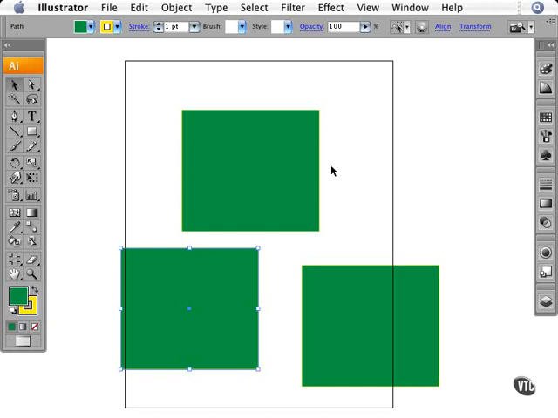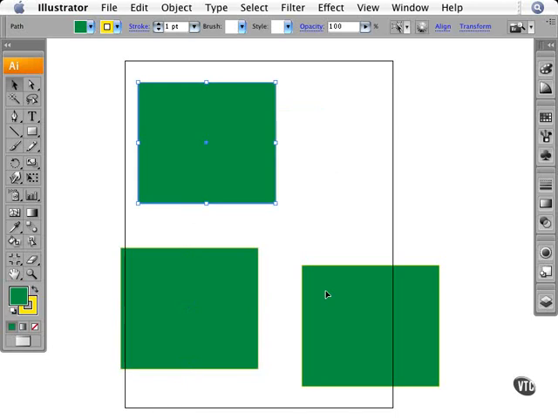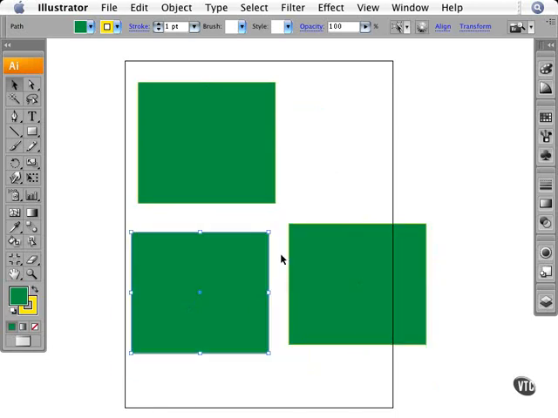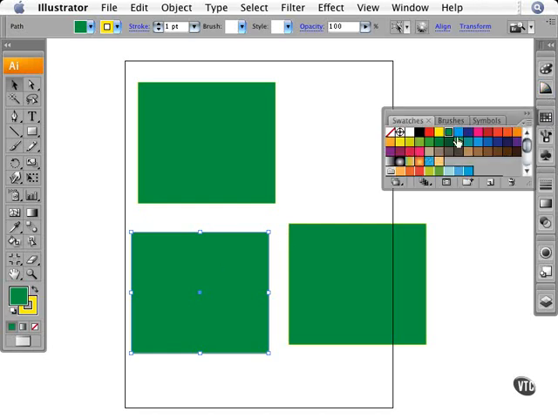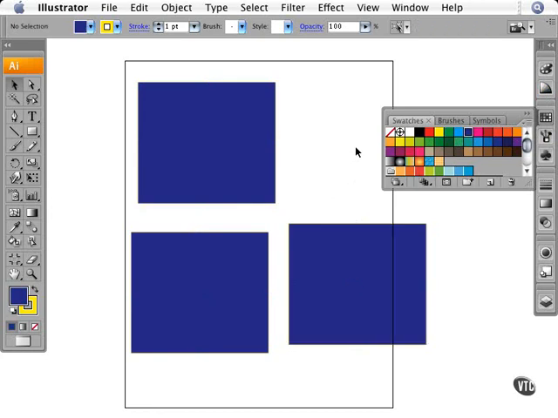When you're working with several objects, it's often a good idea to group them when appropriate so that you can color them all at the same time, size them, or perform other operations. As you see here, I have 3 rectangles, and let's say that I want to color them all the same color. Instead of me going to my swatches and selecting one and clicking this color and then selecting this one and clicking the same color and so on, what I can do instead is I can select them all by